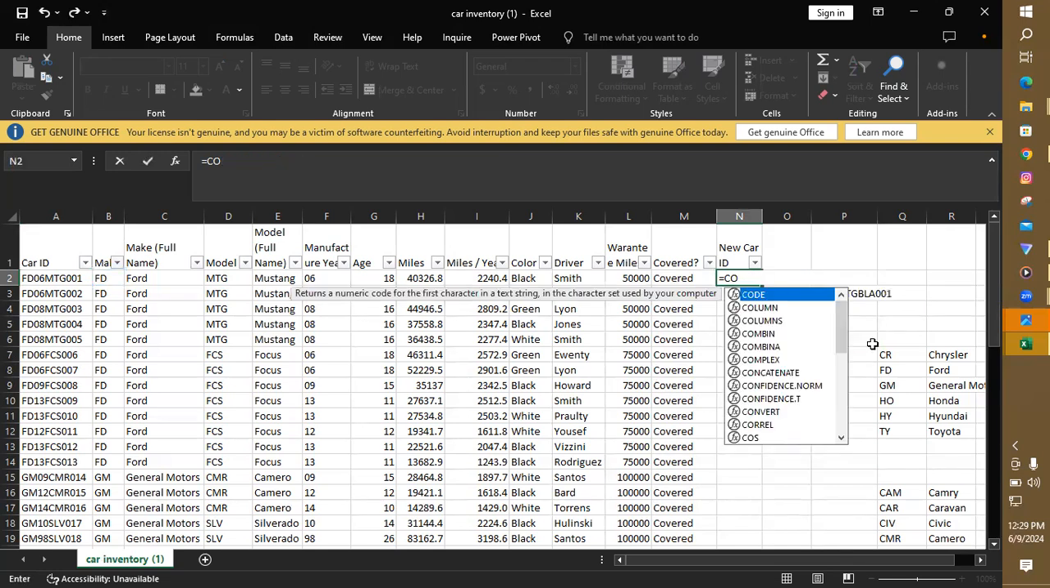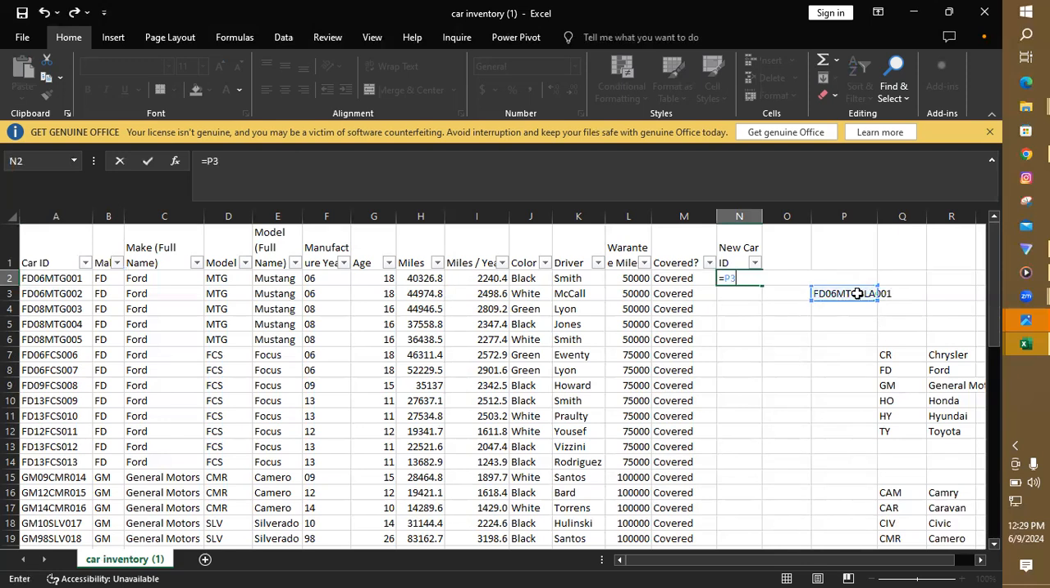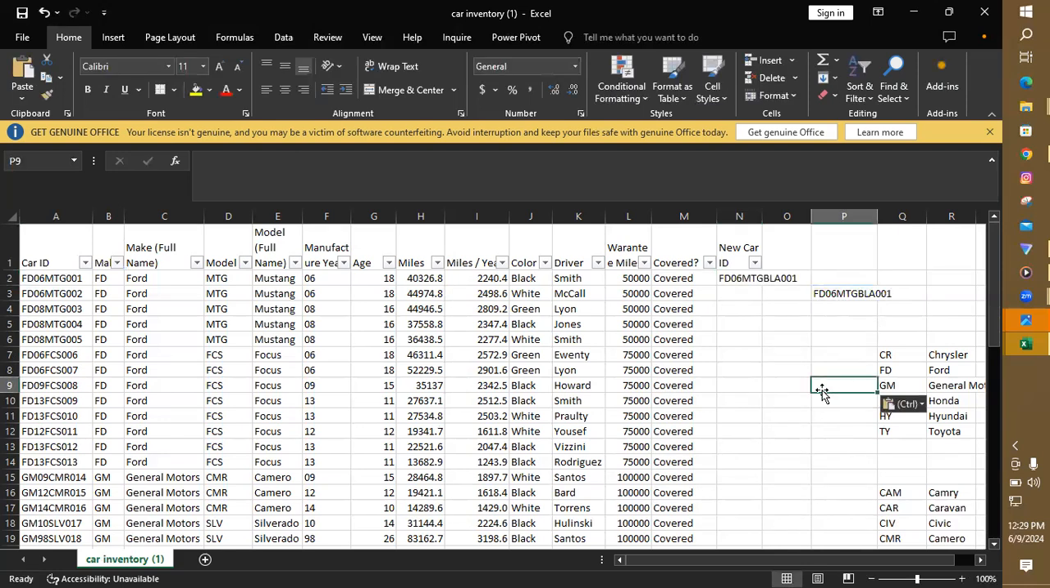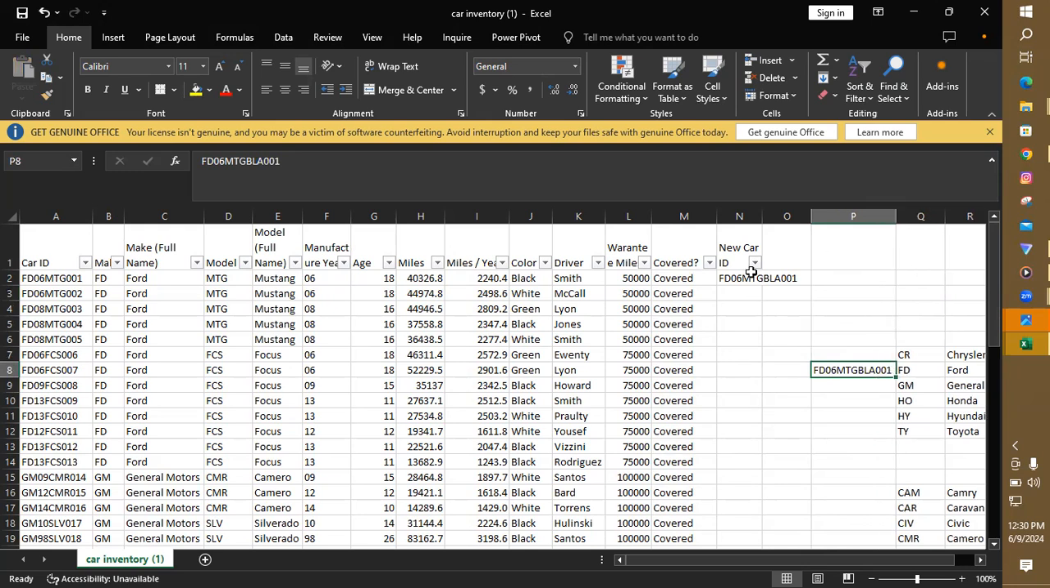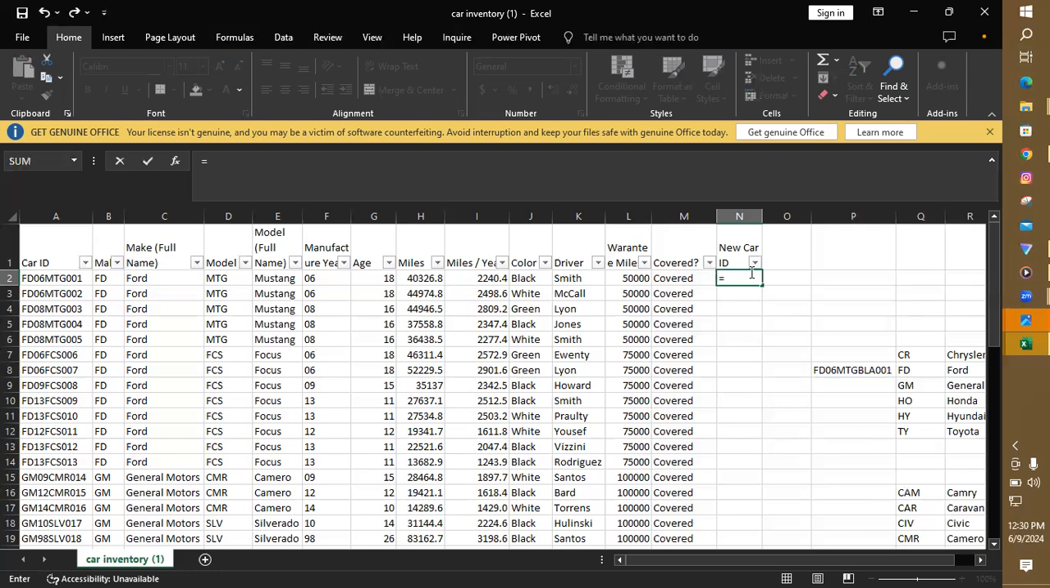I want us to be able to see this, so let me go back again and copy it. All right. So here, equals concatenate. The first thing is FD, comma, 06, comma, MTG, comma,